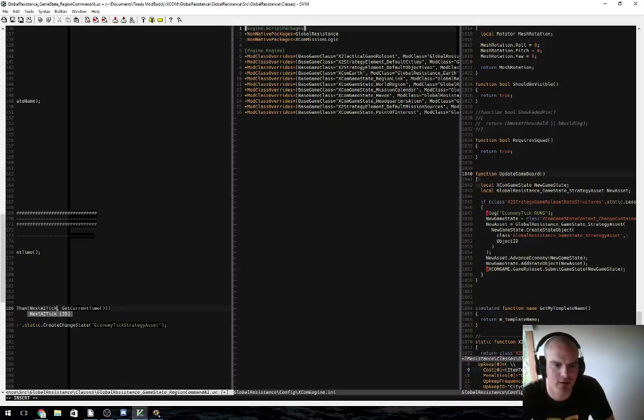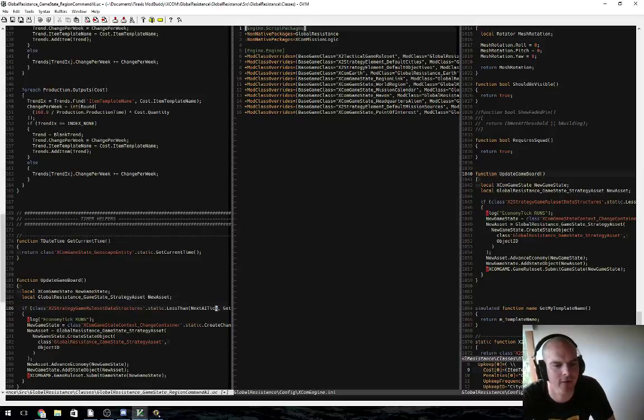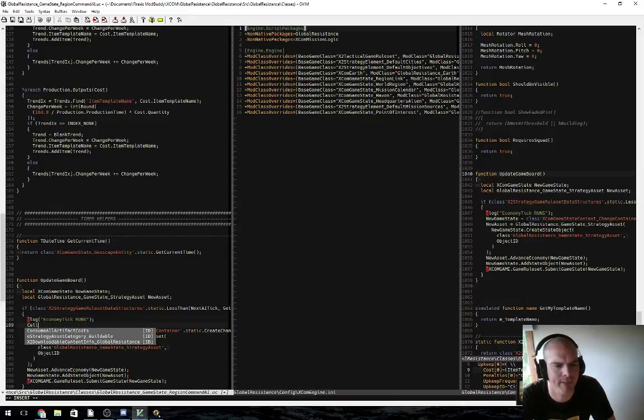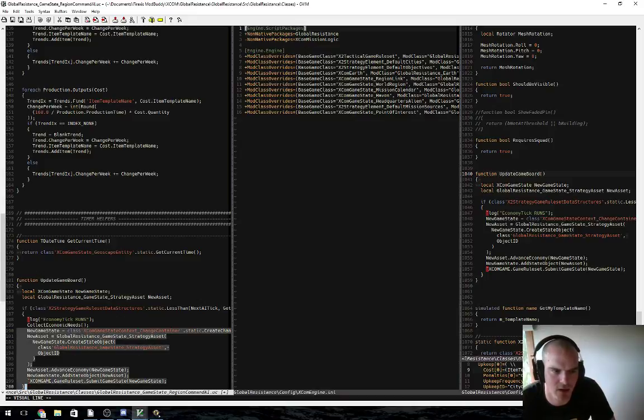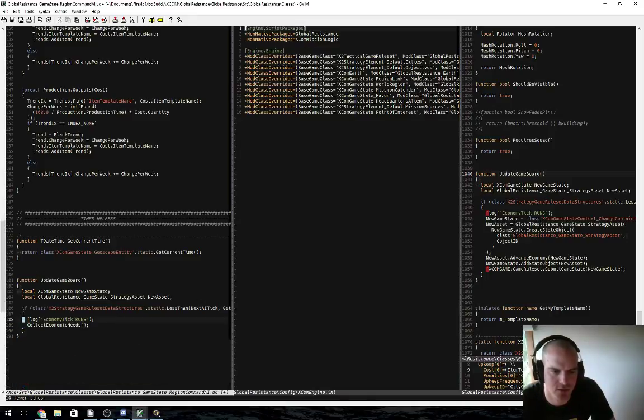And if next AI tick, then do some stuff. It doesn't even add anything to the state at the moment. I just want it to, you know,